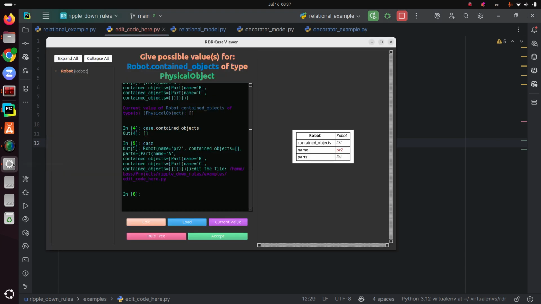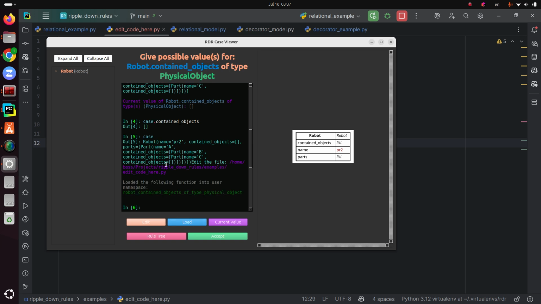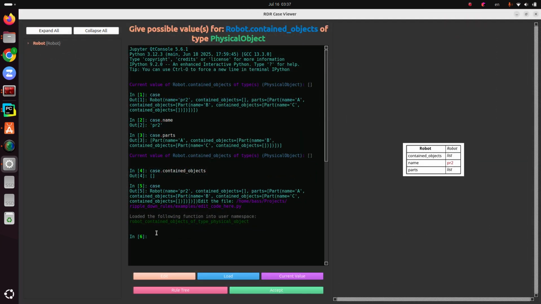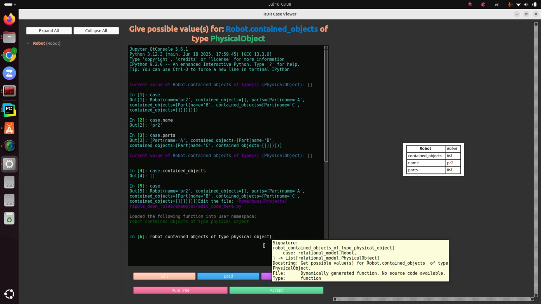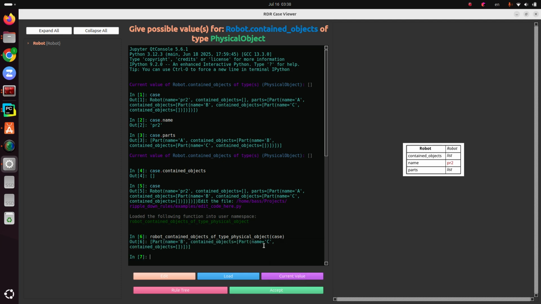And then we go back to our GUI and press the load button. What the load button does is it loads the function that we just wrote, that we just filled out. And this is the name of the function. If you write the name here and you tab complete, you will see that it already recognizes it as part of your scope of the IPython interface. So if you give this the case, we see that the output is correct, which is part B, which is what part A contained. So that is correct. Now, if you're happy with this rule, you can just press accept